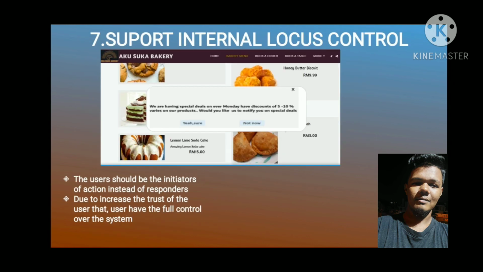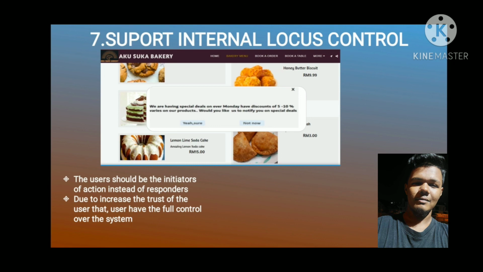The next is support internal locus of control. This rule states that in a web environment, the user should be the initiator of action instead of the responder, and this is to increase the trust of the users that they have control over the system. In this design, the rule has been followed according to the above picture.